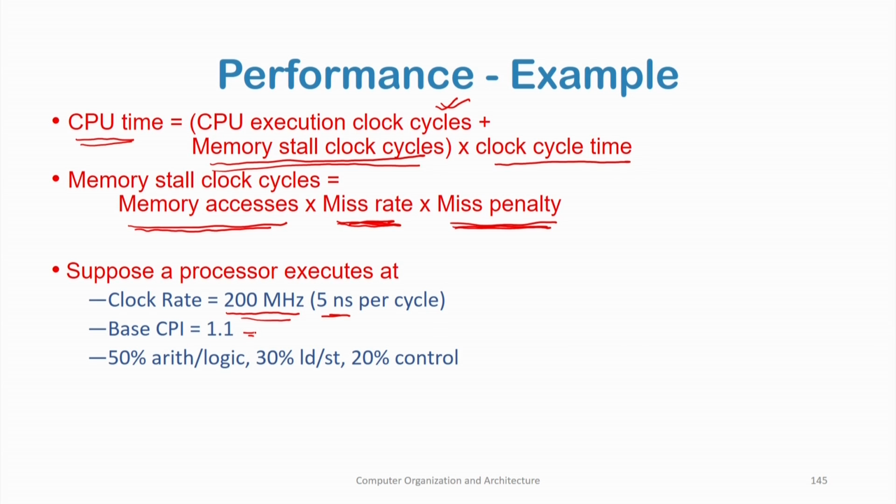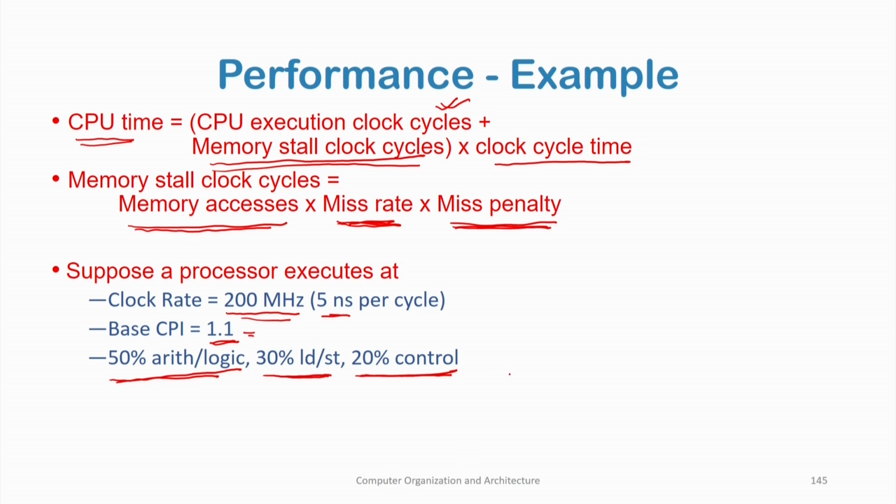So, if everything goes well, and I have a hit in the memory, I am executing everything fine, my pipeline is working, I have no stalls, then I have a CPI, cycles per instruction, of 1.1. And in this program that we are considering, 50% are arithmetic logic instructions,